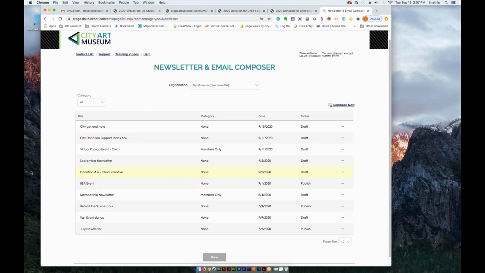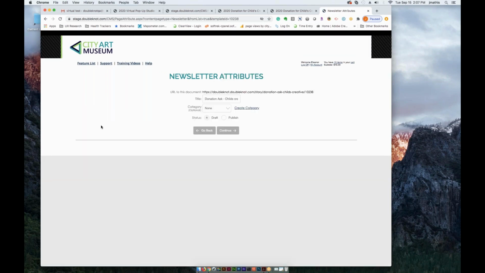newsletters or emails. Right now I'll just take a look at that donation ask page and give you kind of the general layout of what we did and what that composer looks like. So when you go into edit mode of that, you can see the title of your donation ask for Child's Creative. And then if you hit continue,